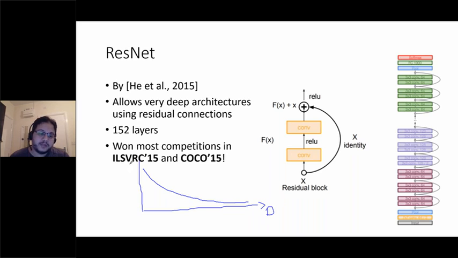This is the depth of the network, and this is the error. Normally, the deeper it is, the more performant it is, because the deeper it is, the more complex shapes we can learn, and the more we can correct the previous shapes that we have learned. A layer can act as a correction to the previous layer. So in theory, it's like that. But in practice, it doesn't work like that.